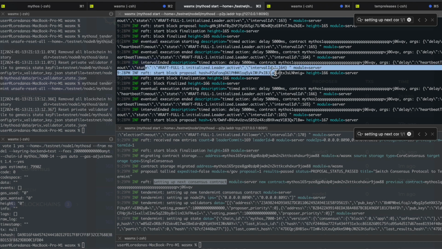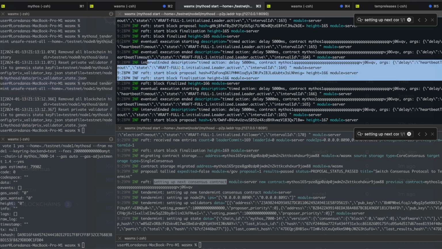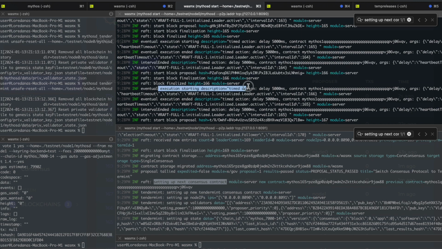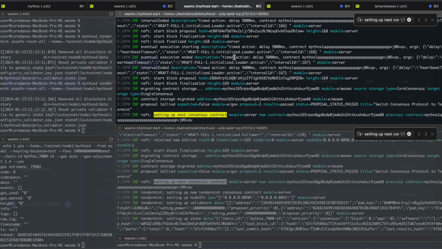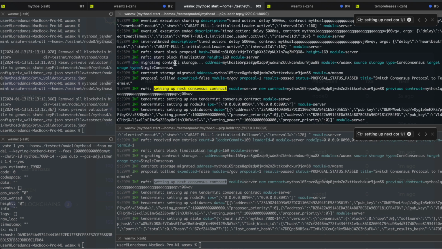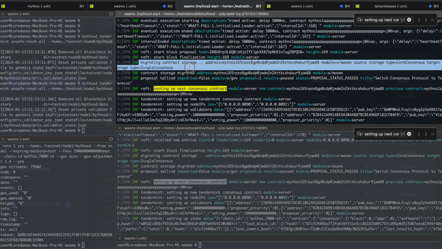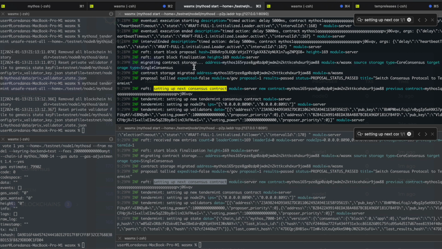So here we still have the old consensus, the RAFT consensus, working and finalizing blocks. And then here we have started migrating storage for the new consensus contract with this address.